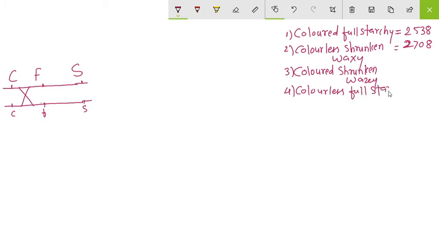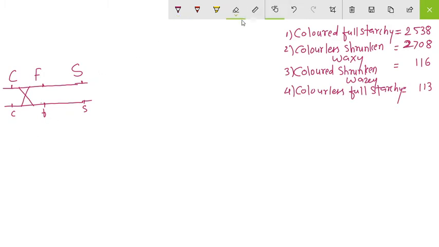Colorless, full and starchy. So these progenies were produced, their number was 116, and 113. Okay, then